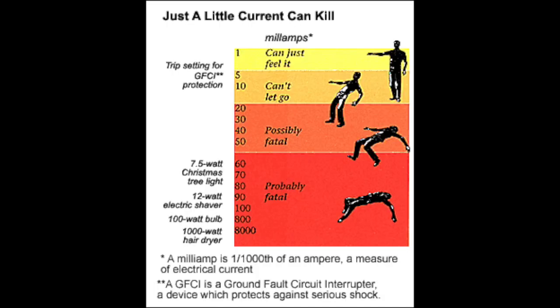So on your calculator, I equals E over R. Intensity of current equals 120 divided by 1200. So you're going to have 0.1 amps flowing through you in that situation. It doesn't sound like much, especially compared to the 48,000 that I was just talking about, but that's enough to kill you. Depending on your situation, there are so many variables involved in what I just said. Some people might just receive a shock. Some people might go into ventricular fibrillation. And there's a lot of other things that can happen in that situation. But just know that Ohm's law applies there.